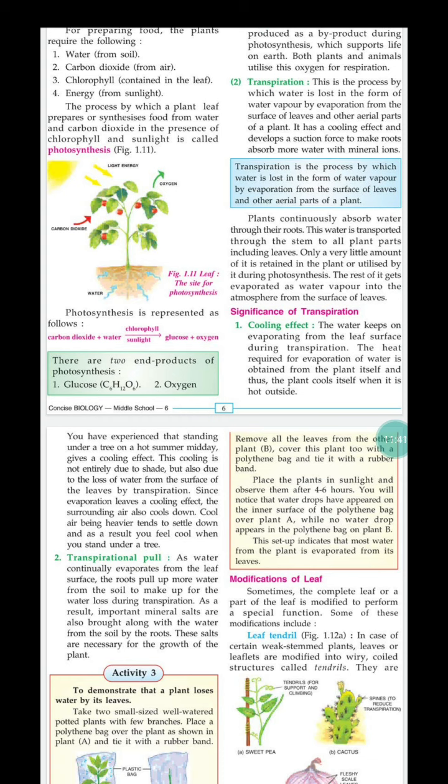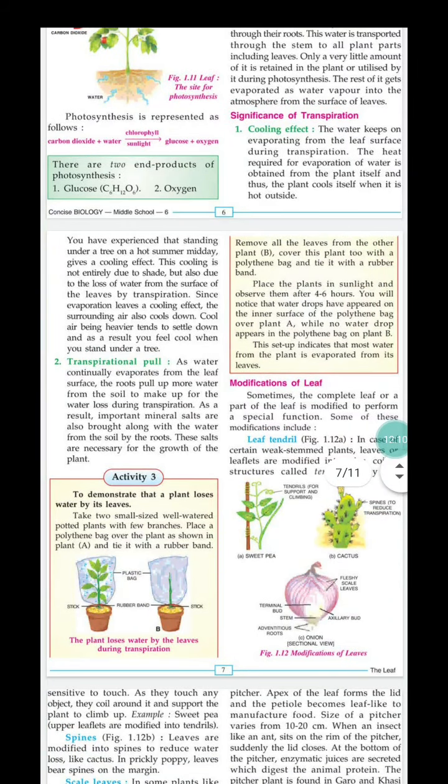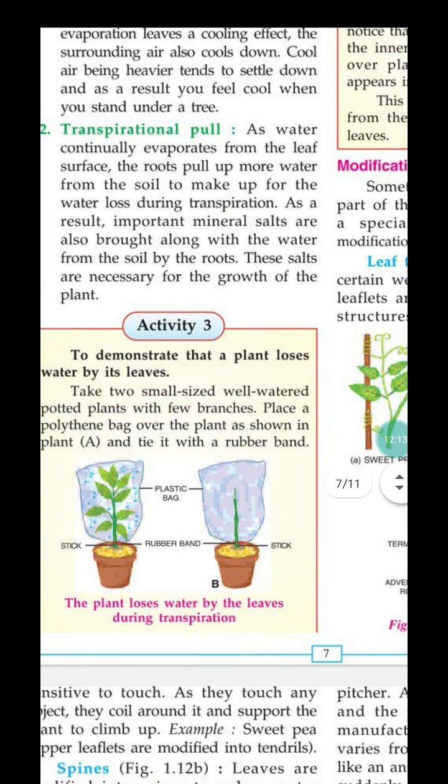Due to this transpiration pull, water is transferred from the roots to the plant. Roots absorb water dissolved with minerals and salts, and these are carried from the roots to the plant. This is called transpirational pull. Is it clear, children? This activity 3, we already watched a module related to it, isn't it? The previous module is related to it.